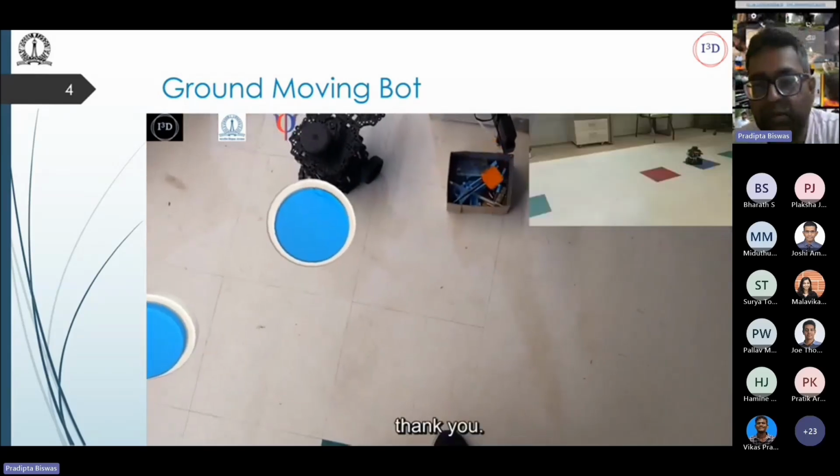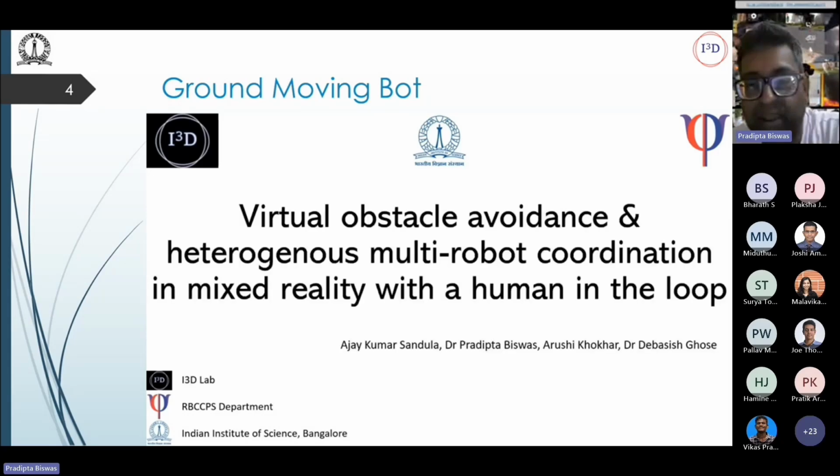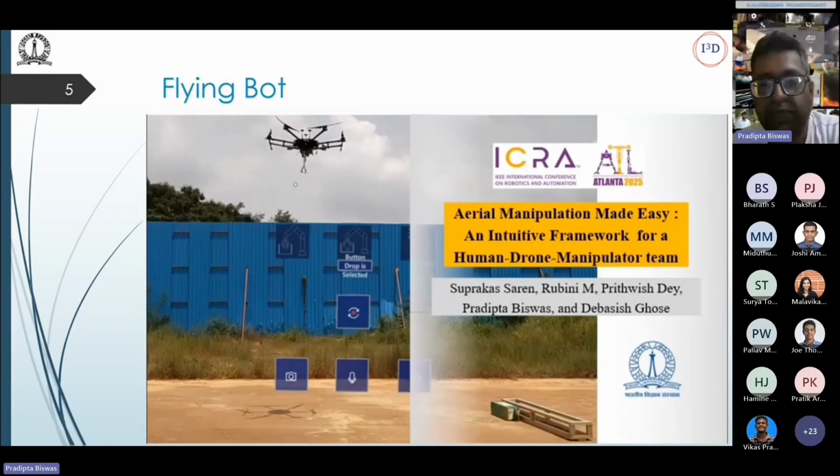So you will see some similar demonstration of this later on. And also we will demonstrate a situation where multiple fixed base bots are sharing a workspace. We published about the work in this year's RO-MAN conference. But presently we will move on from ground to that; we will fly and we will go to a flying